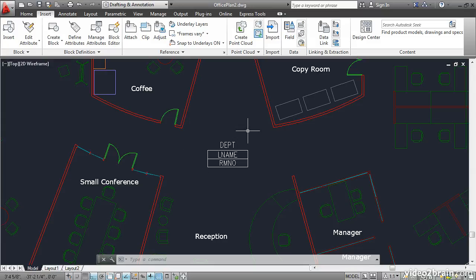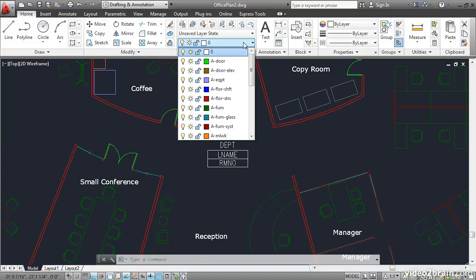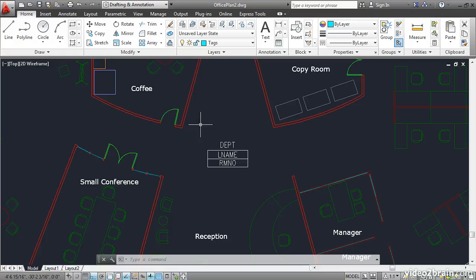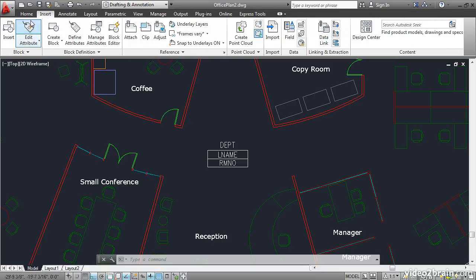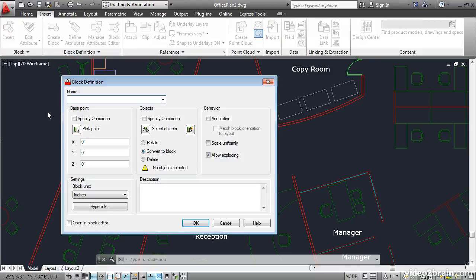Before we define this as a block, let's go ahead and set the current layer. Click on the Home tab, open the Layers drop-down, scroll down and select Tags to set this layer current. Then go back to the Insert tab and click Create Block. Type the name Room Tag